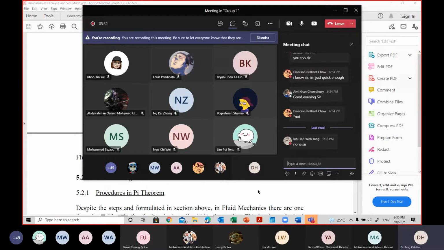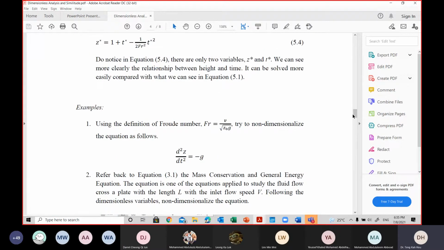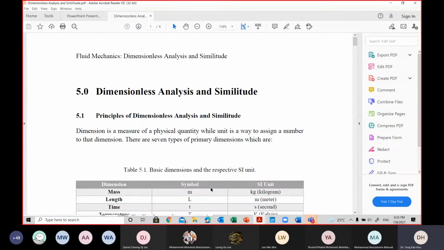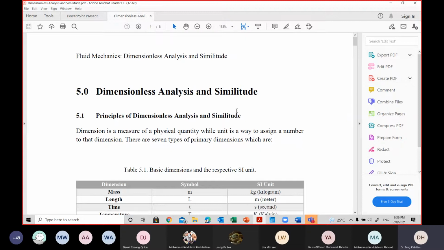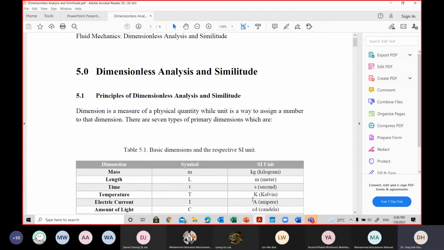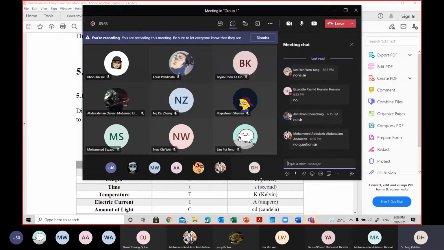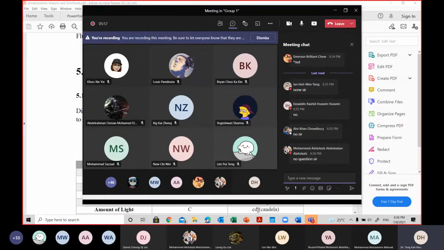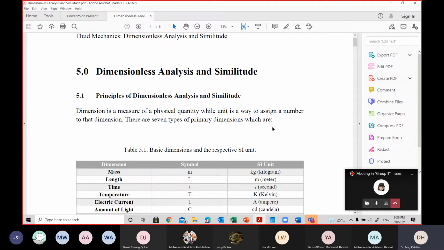Okay, so perhaps before we start, I'll recap what is important in your chapter 5, and hopefully you can recall the steps for the Buckingham Pi theorem, right? So as in the last class, we went through the dimensionless analysis chapter. Let me check. Okay, please voice out if you have a question, because when I minimize, I couldn't see what is going on over here. Okay, so